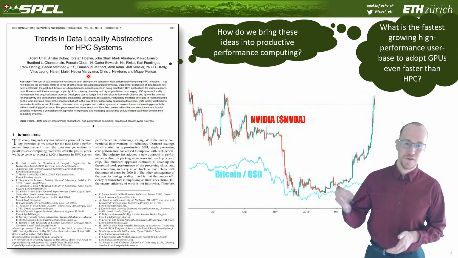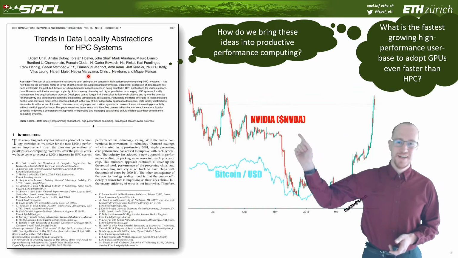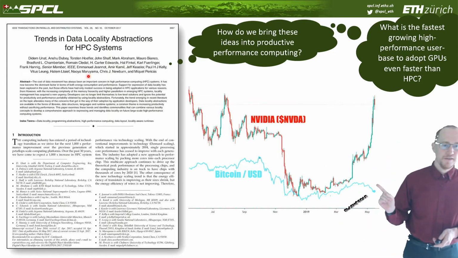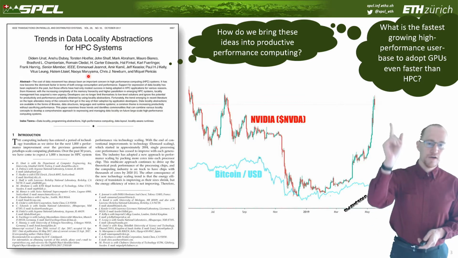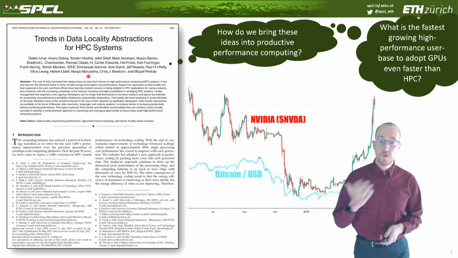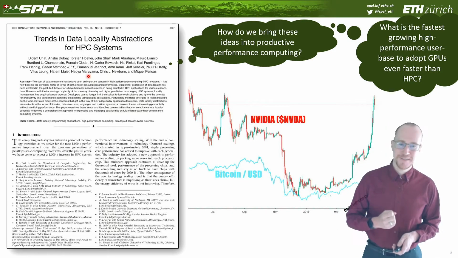But you can see the correlation between the market value of a Bitcoin coin and the stock value of NVIDIA is quite strongly correlated until here, where it starts to be decorrelated because Bitcoin goes down, NVIDIA goes up, and you can look at the time. That's about July 2019. So what happened in July 2019 that is not Bitcoin? I'll give you about 10 seconds to think about this.